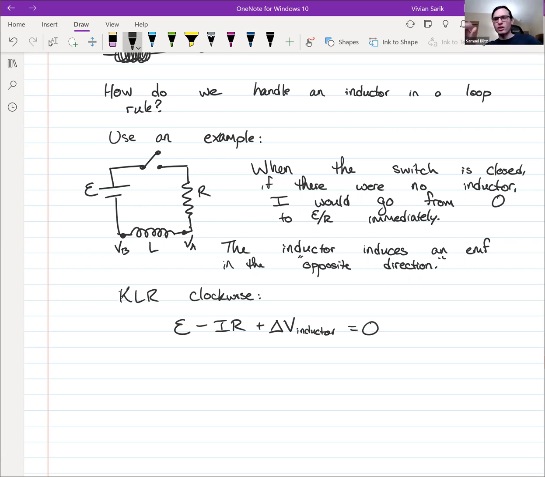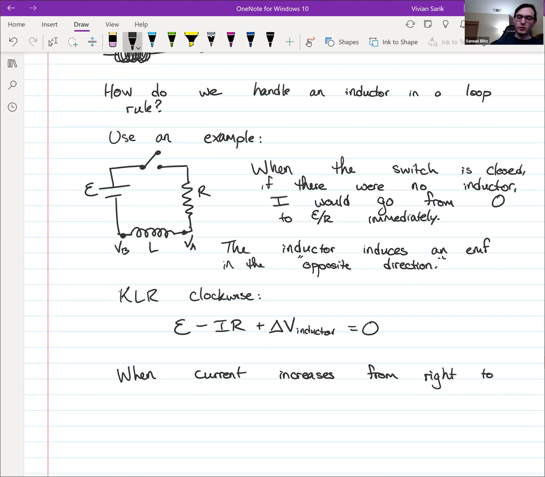Now there's no externally applied magnetic field that's changing, so this really just is 0. We don't have to worry about extra stuff on the other side. So the question is, what is the change in voltage, VB minus VA, across this inductor? When the current increases from 0, or it increases from right to left,